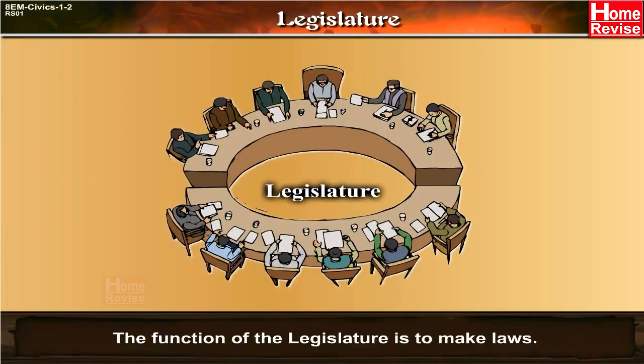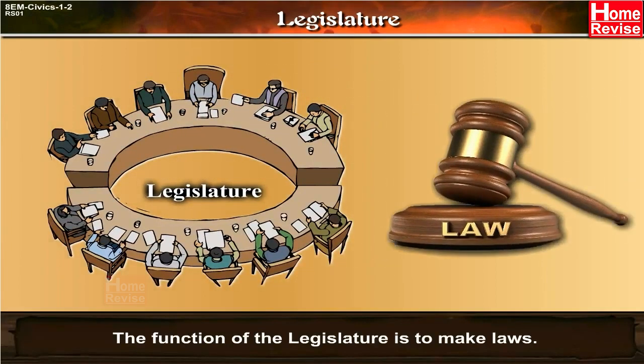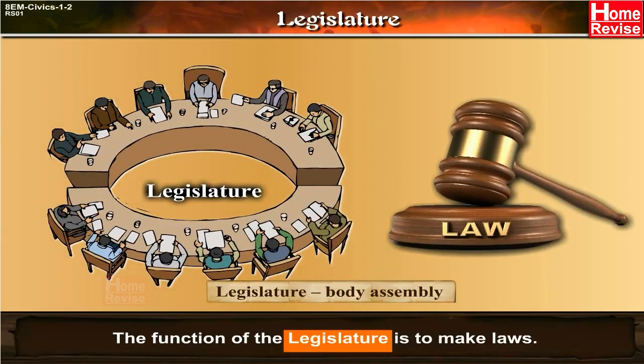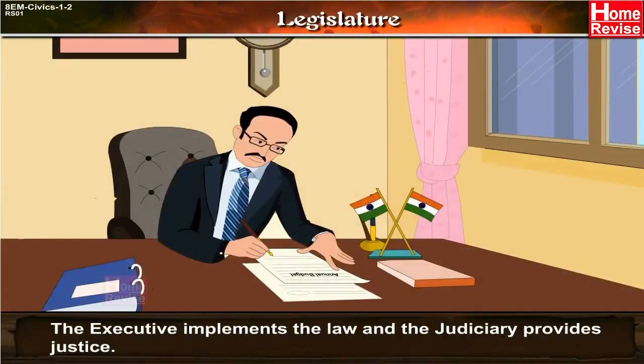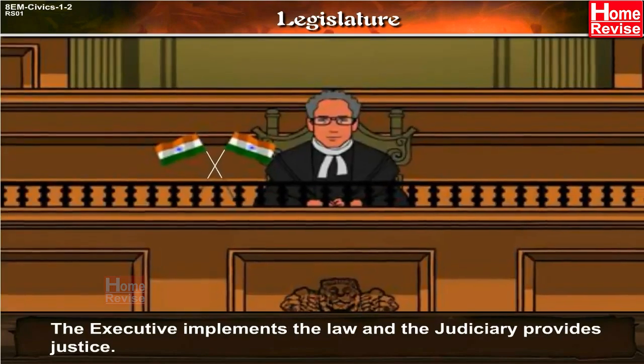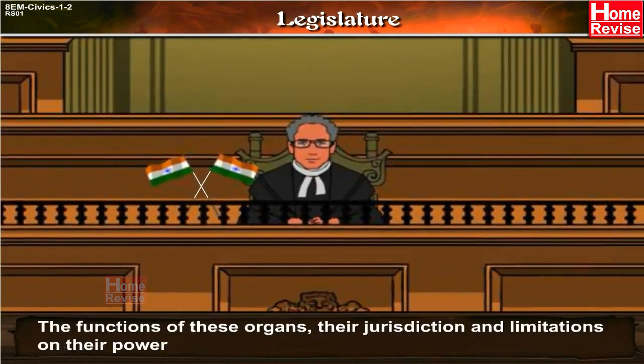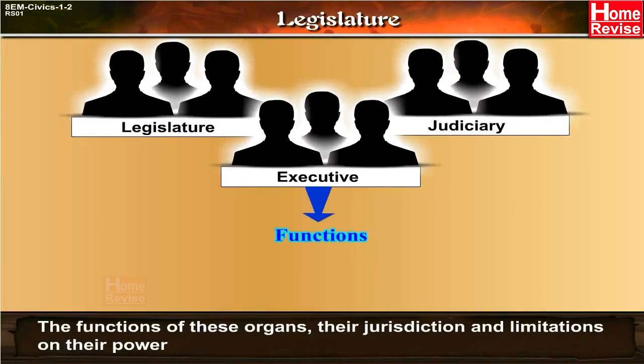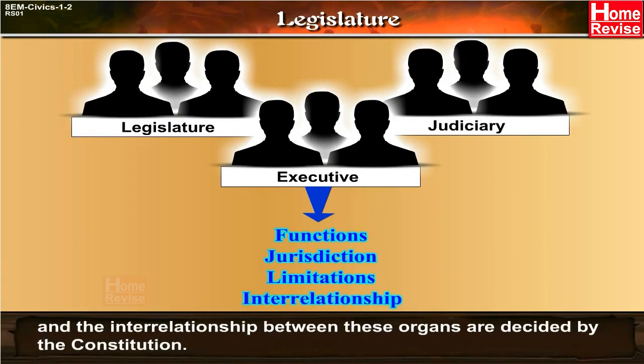The function of the legislature is to make laws. Legislature means the body assembly. The executive implements the law and the judiciary provides justice. The functions of these organs, their jurisdiction and limitations on their power, and the interrelationship between these organs are decided